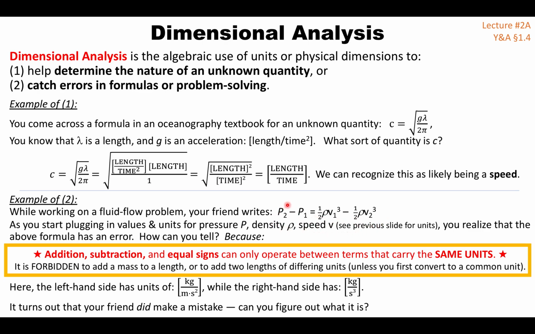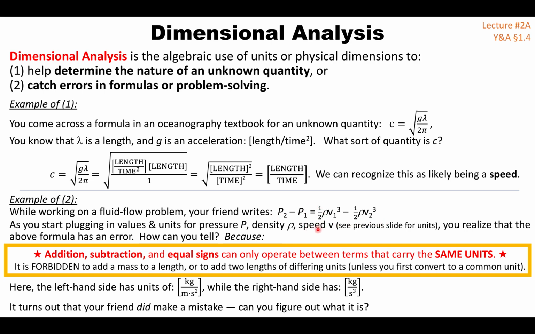And you might discover that as you plug in all of your numerical values with their units, you find that the left-hand side here has units of kilograms per meter per second squared. Look at the previous slide here if you want to see the units for pressure, density, and speed. So that was the unit of pressure from the previous slide. And then on the right-hand side, when you take the units of density and speed cubed and simplify that, you get kilograms per seconds cubed. Uh-oh, that's not good, because the left-hand side here has different units than the right-hand side, so how can they